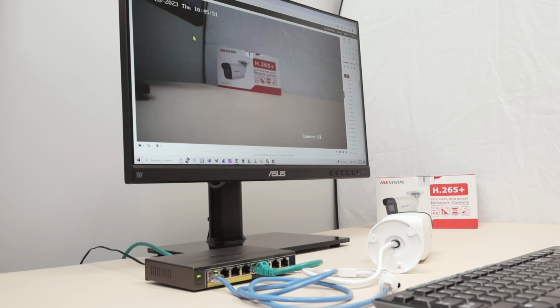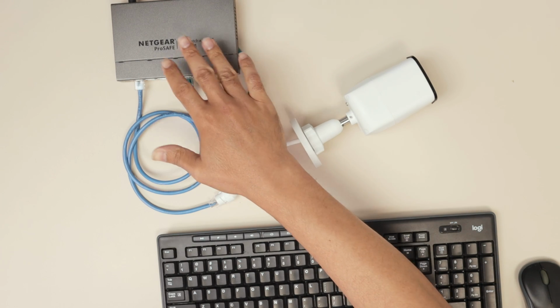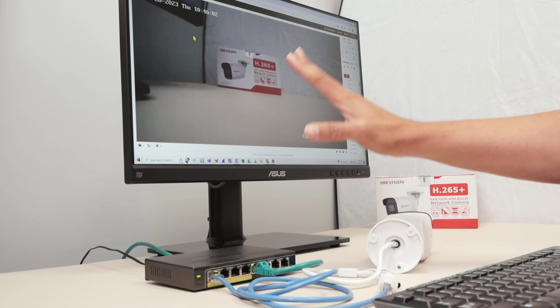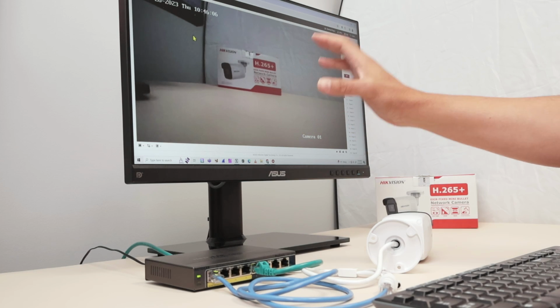Hello there, let's talk today about Hikvision restore default settings. As you can see, I have my Hikvision camera already connected to my switch. It's a PoE switch that powers the camera, and I have a camera connected to my computer. So here in front of me, I have the image of the camera via web browser, and I can restore